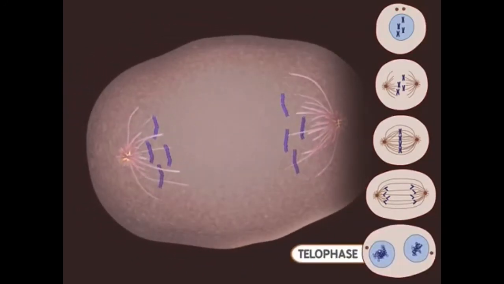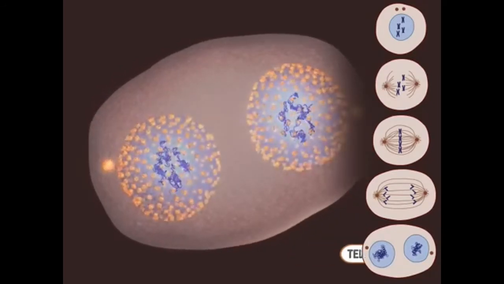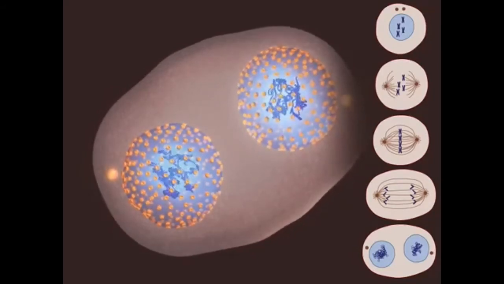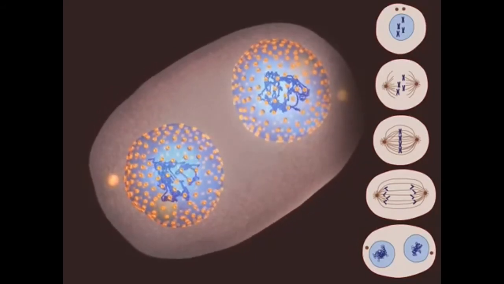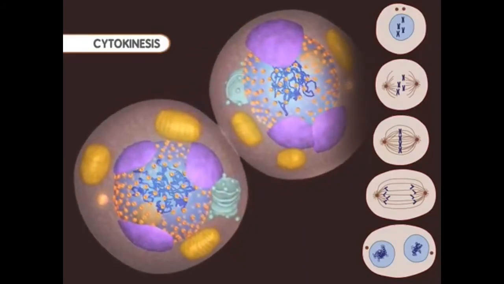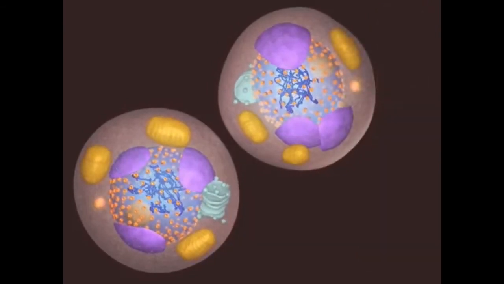The telophase stage is marked by the appearance of new nuclear membranes. This is the end of mitosis. Finally, the splitting of the cell occurs during cytokinesis. The two new cells are now ready to grow and perform their